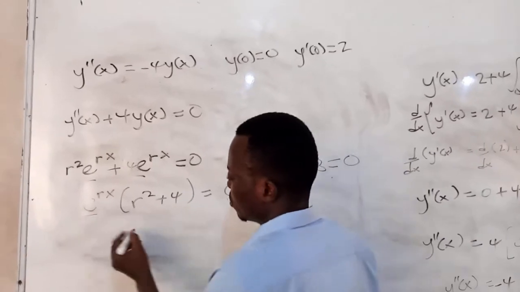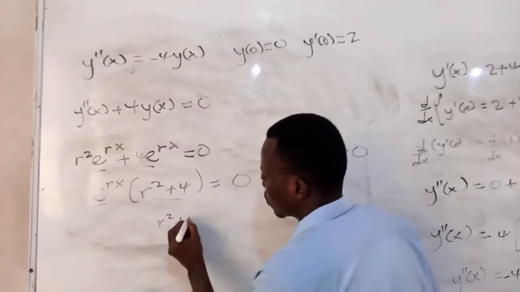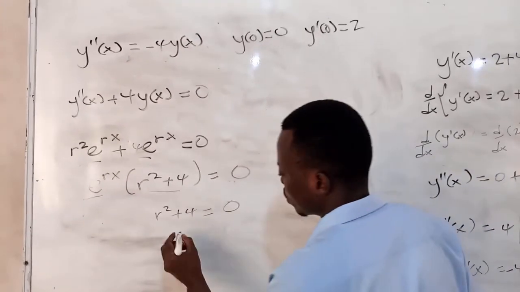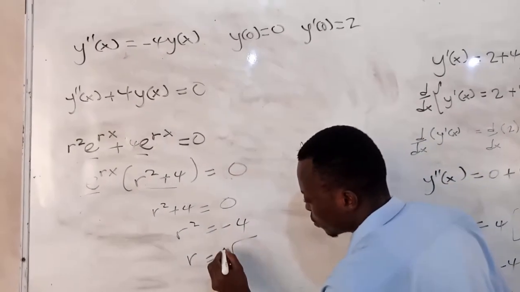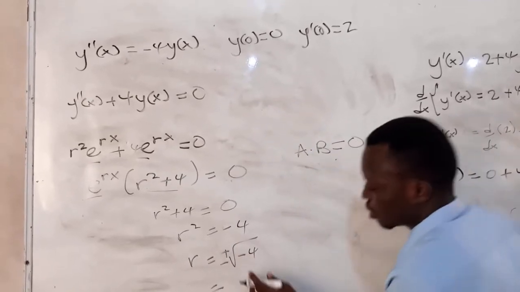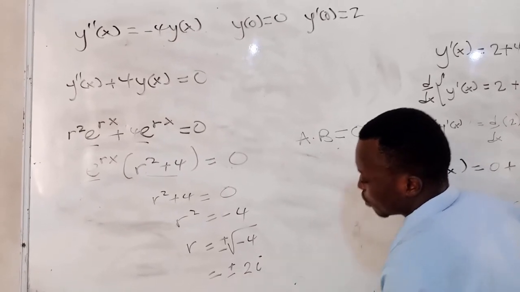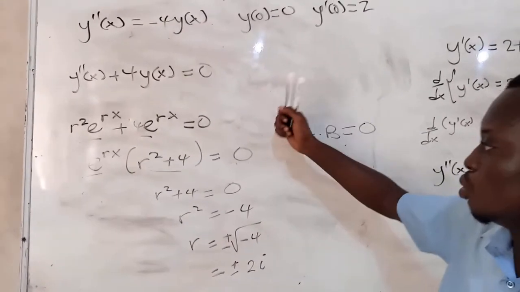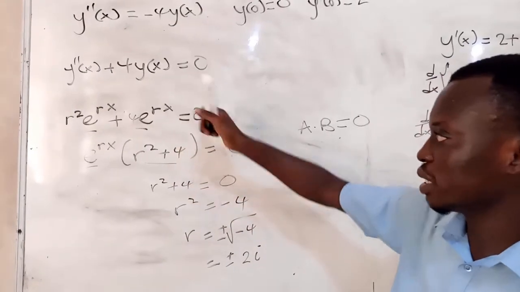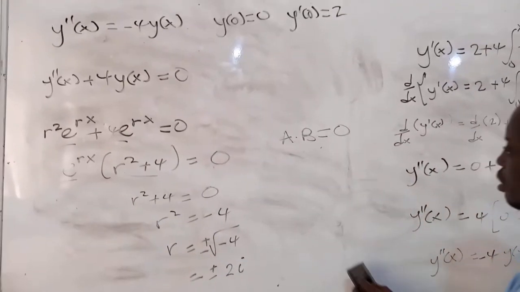If the exponential is not equal to 0, that means this part of the equation is 0. So r squared plus 4 should be equal to 0, so r squared is equal to minus 4. So my r is the square root of minus 4, which will give me a complex number, plus or minus 2i. Since it is a complex number, we can easily derive that the general solution becomes